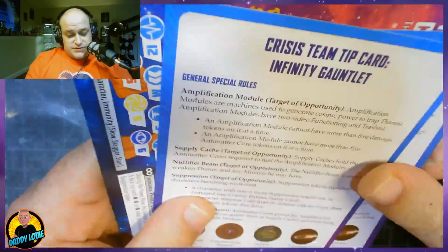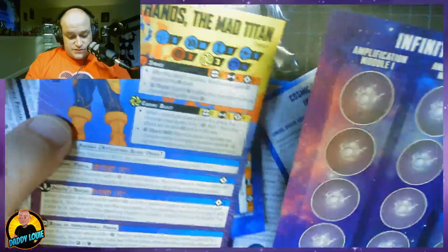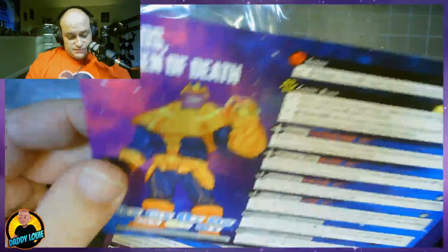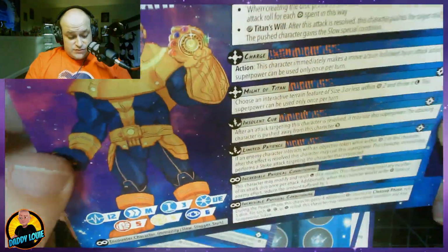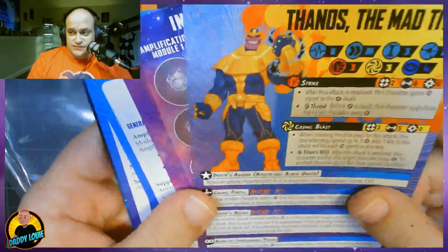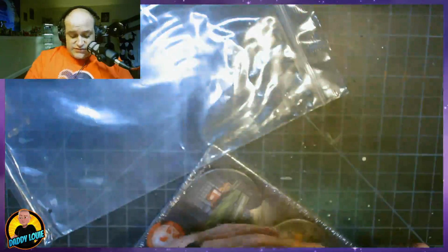Let's see what else is in here. Crisis team setup. More Crisis team. Cosmic Threat. Counter stuff. Card. And it's dual-sided. That's fun. I don't think that Ultron is dual-sided. I think he's the only one that we have so far. And then Thanos himself. This has been fully spoiled on the Facebook group, so I'm not really going to cover it because I want to get to...